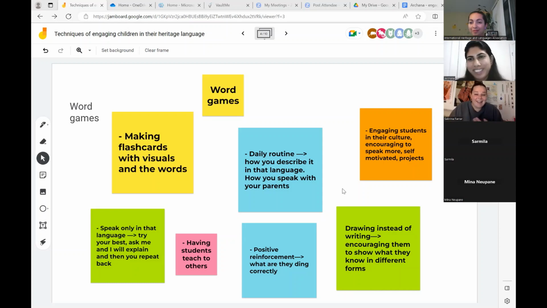Yeah. And then we also talked about positive reinforcement specifically. So instead of saying, oh, that's not right, or oh, you were so close, you can say, oh, you did great at pronouncing this word correctly, or using the accent here in that word, or you spelt that word great. And then you can build from their self-confidence of knowing that they can do something right. And then say, okay, now we can work on this. You did this so well, I know you can do this well too. So those were our main takeaways.